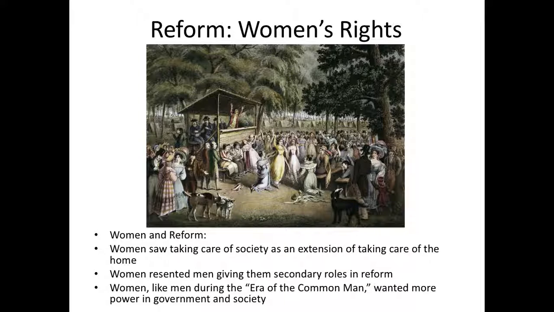They're going to say if you can drop the property requirement, how about you drop the sex requirement as well? And some will also say, how about dropping the racial component? So they're going to say, let's keep this era of the common man going and let even more people have the ability to vote. So that leads me to issue number 5. And that will be the issue of women's rights. And this is a big deal. So make sure you know about the Seneca Falls Convention that I'm about to mention.